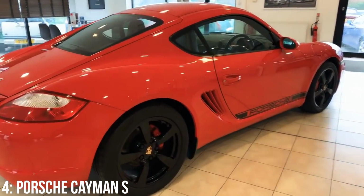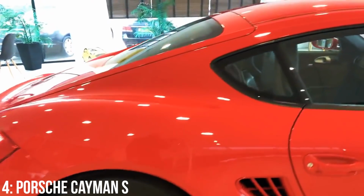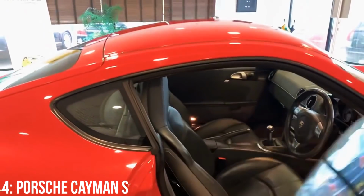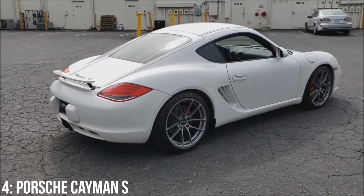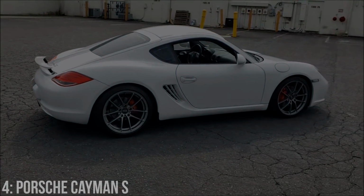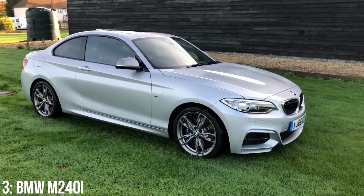The post-facelift models have a lot of these issues designed out of them too, so it might be worth going newer, and also watch for corrosion on the front end caused by stone chips. I really like the 987S, and I think this will be a classic in the distant future for sure, as with most Porsches. On to the top 3 now, and in third we have the BMW M240i, which is basically